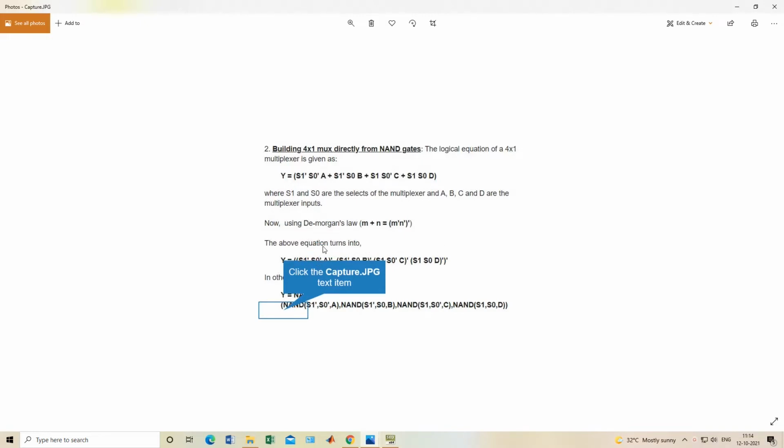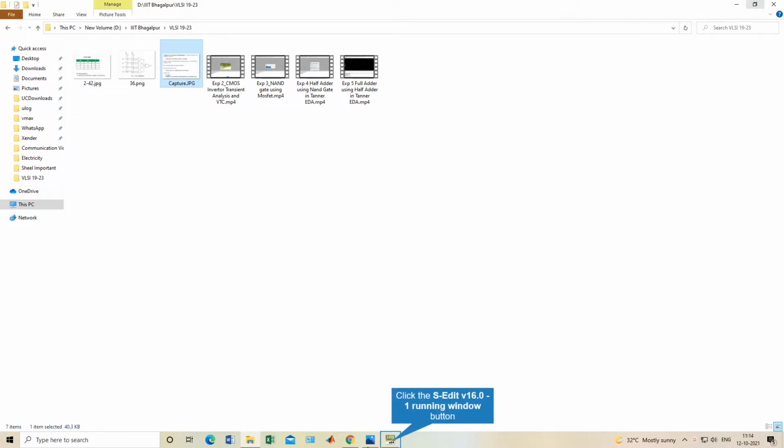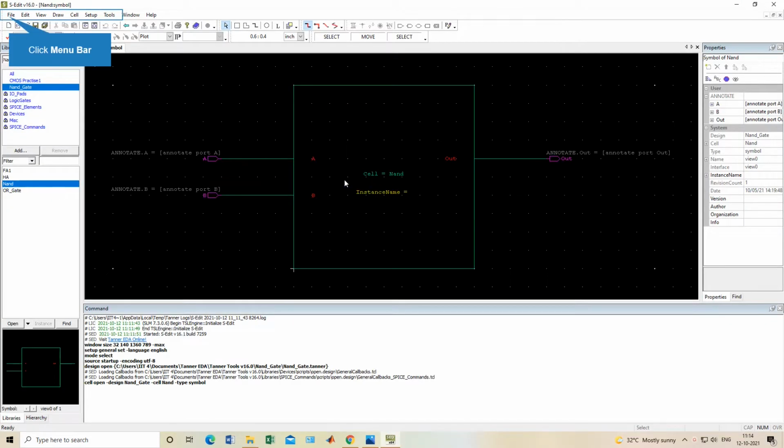So here, using this formula, we can implement this by using only NAND circuits. In other words, you can see below this is represented. So this is how we implement MUX using NAND.